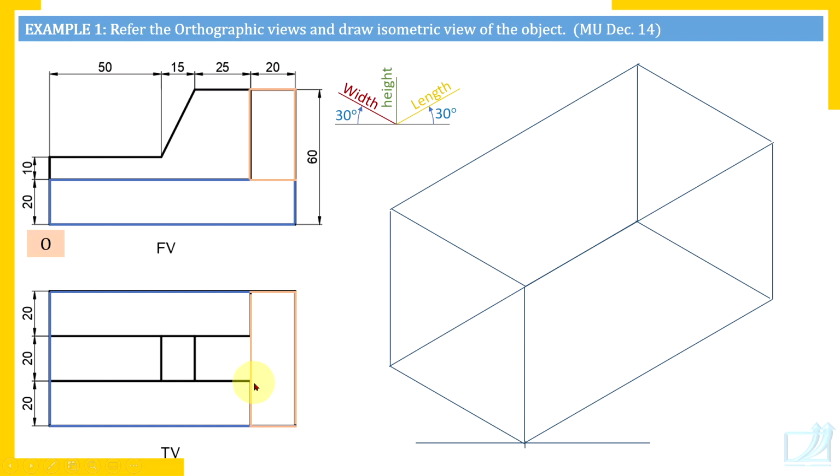That is why there is no edge. But we can imagine this as a rectangular plate, a vertical rectangular plate, height 60 minus 20. It has height 40, length 20. Length is not the longest dimension, it is the dimension parallel to the length axis. So length 20, height 40 and width 60.